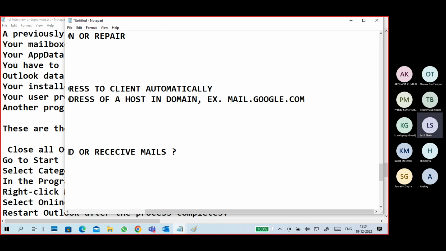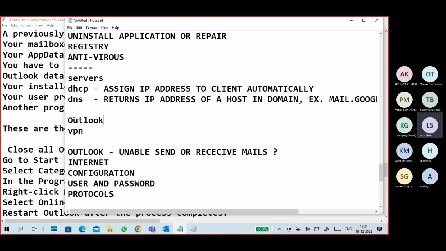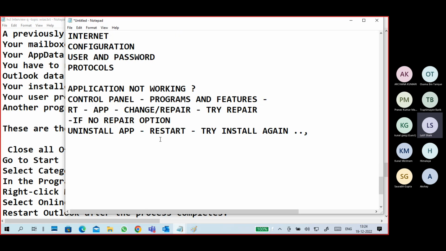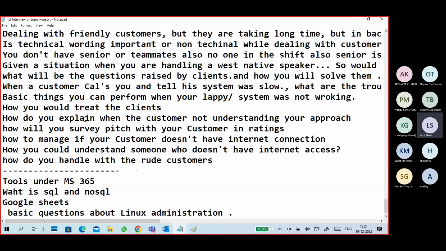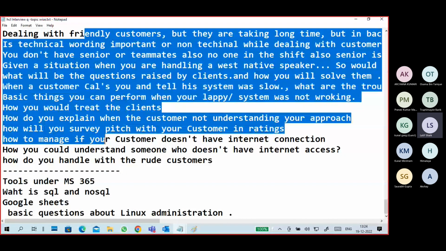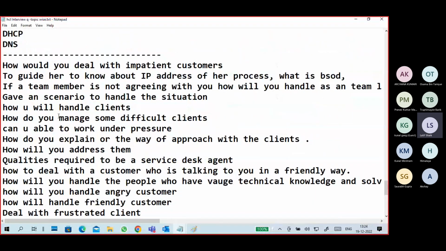You open mail.google.com, so we'll get an IP address. Okay, so all communication is by IP address only. So these are the basic overview of your questions, guys. There are so many questions. This part is different.